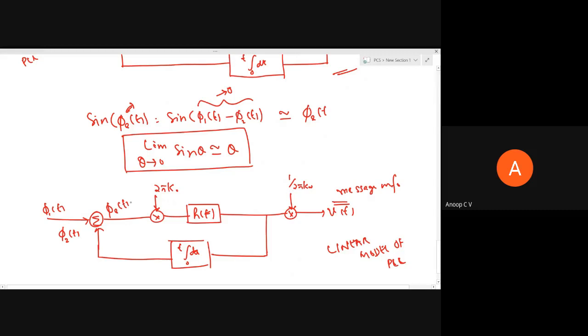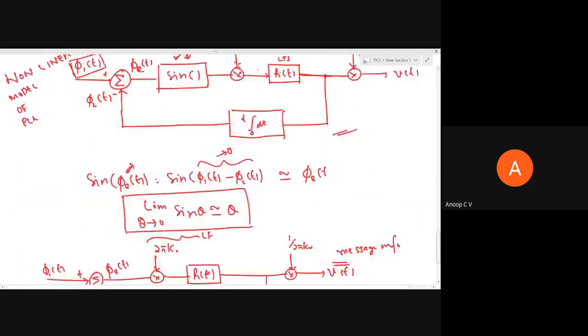So in the VCO model, the product module or multiplier is replaced with sigma, and sorry, this was plus, this is minus. The multiplier is replaced with sigma, and the loop filter is multiplication with 2 pi k naught and h of t. This is our loop filter. And instead of VCO, we have this integrator. So this is the linear model of PLL. So these are the non-linear model and the linear model. This is what a PLL does.